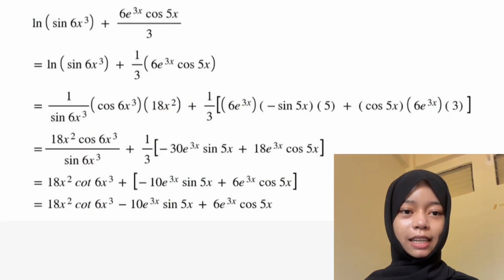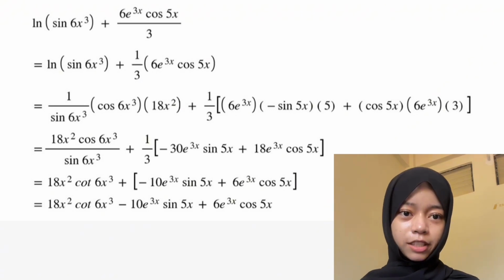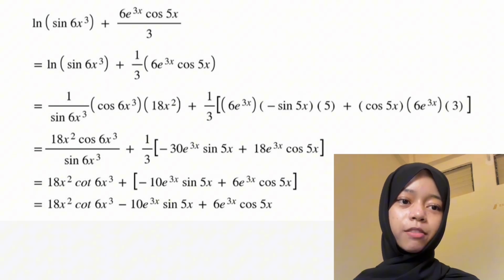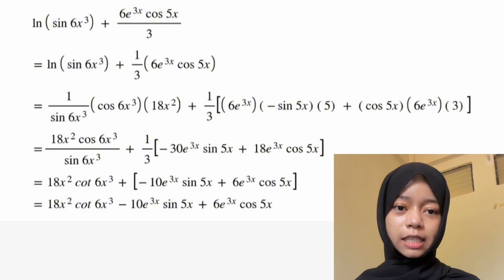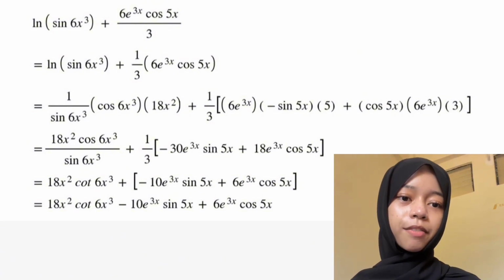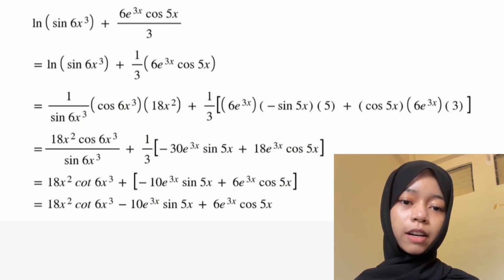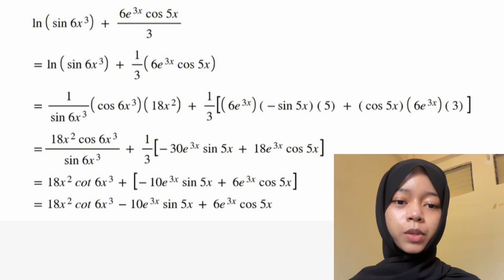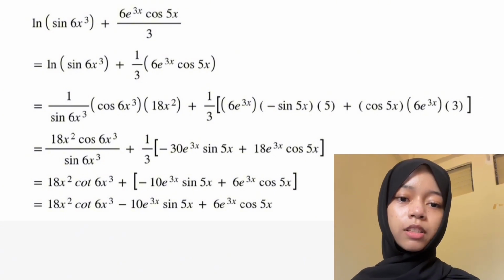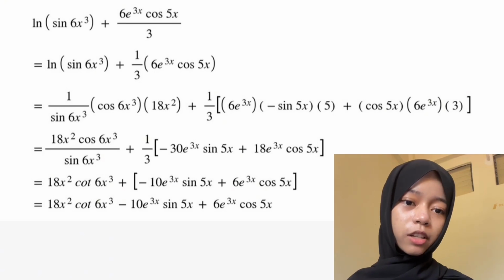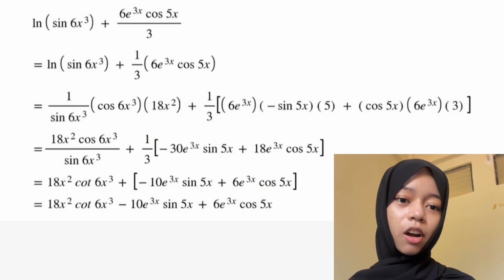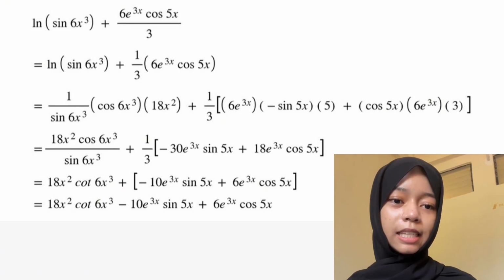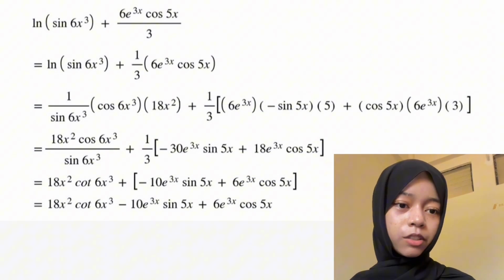Okay, so the second subtopic is the derivatives of trigonometric, exponential and logarithmic functions. The question given is ln sin 6x cubed plus 6 e to the power of 3x cos 5x, all over 3. So the first thing I'm going to do is to differentiate the function ln sin 6x cubed, which we're going to get 1 over sin 6x cubed, times the derivative of sin 6x cubed, which we're going to get cos 6x cubed, times the derivative of 6x cubed, which we're going to get 18x squared, plus 1 over 3 in